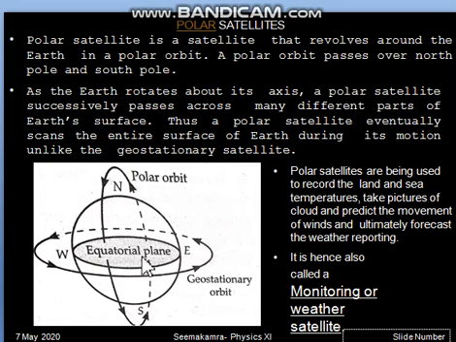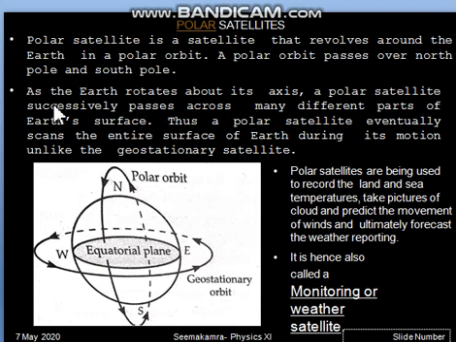Now the second difference is a geostationary satellite is always focused on one particular location of Earth. That means it always faces the same location of Earth, because the Earth's rotation and the time period of the geostationary satellite's revolution are the same, 24 hours. So it always faces the same location of Earth. Now it is not the case with the polar satellite. The polar satellite covers almost all the locations of the Earth. Now that is possible with the help of Earth's rotation.